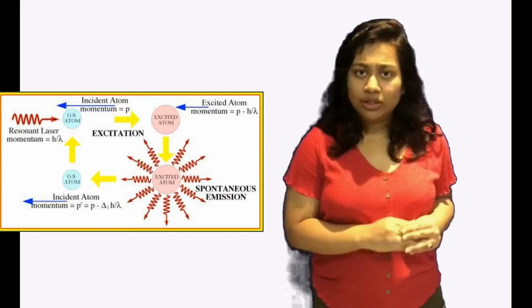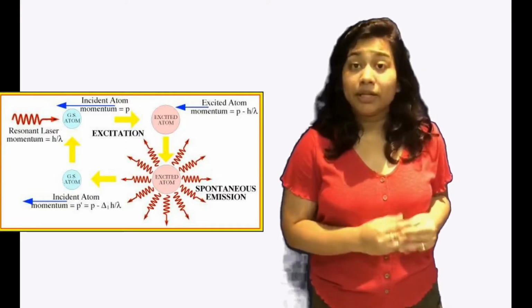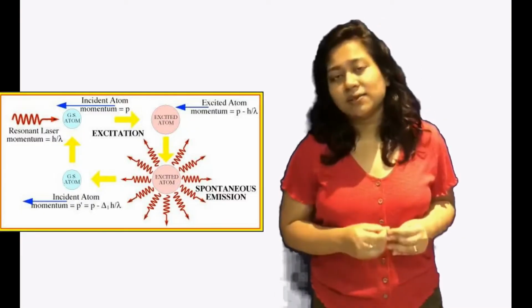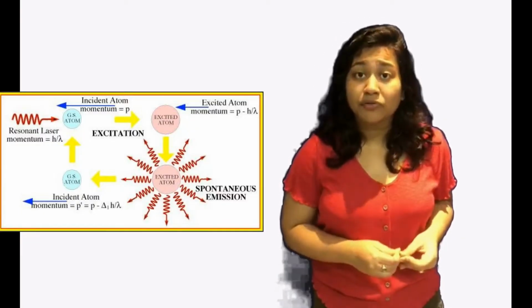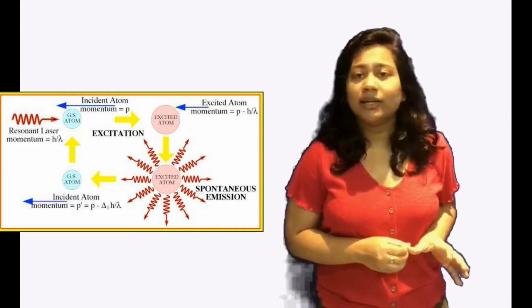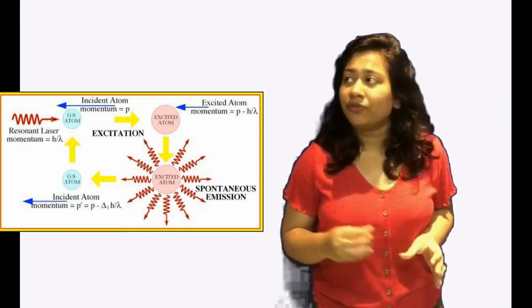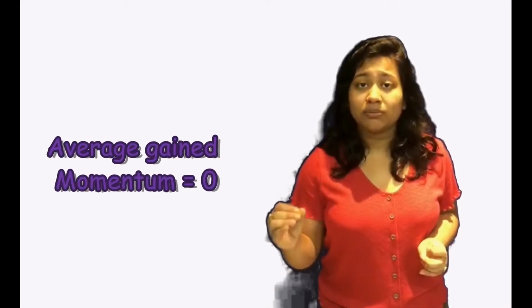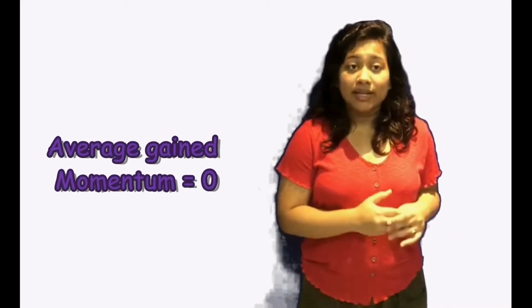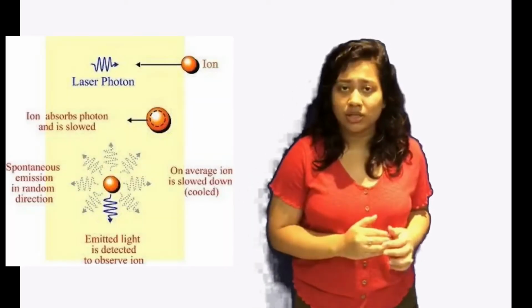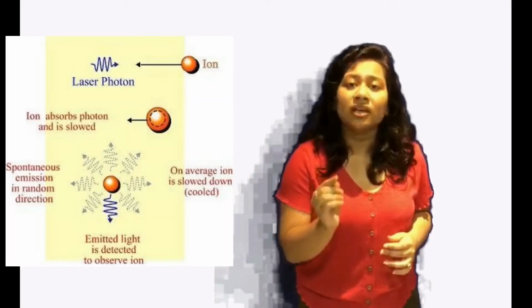After a while, spontaneous relaxation takes place. The emitted photon has energy as well as momentum. However, the direction of the recoil momentum is completely random. As a result, after many further spontaneous emissions, the average momentum gained is zero. The net result of the absorption and emission process is the reduced speed of the atom, on the condition that the initial speed is higher than the recoil velocity occurring due to the scattering of a single photon.